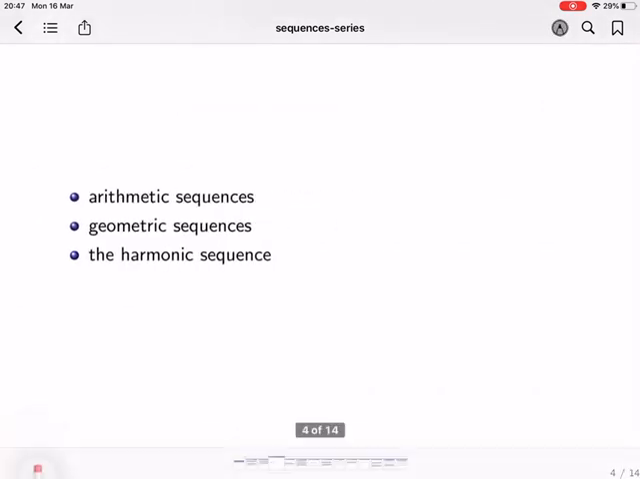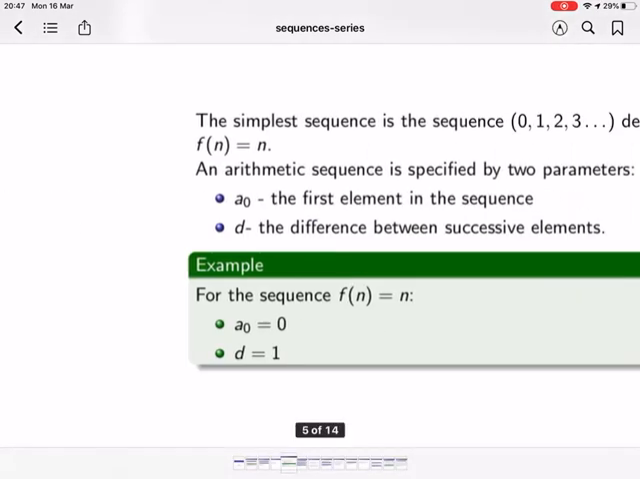I want to define three types of sequences in this chapter: arithmetic sequences, geometric sequences, and the harmonic sequence. Let's start with